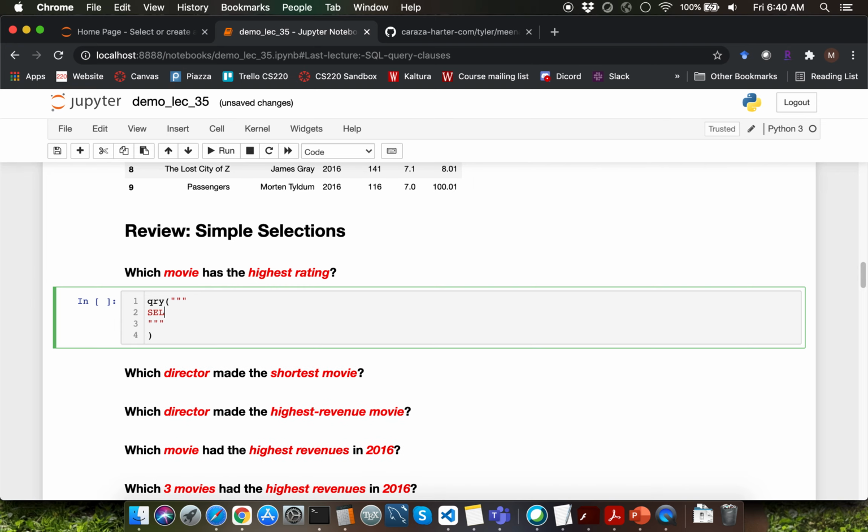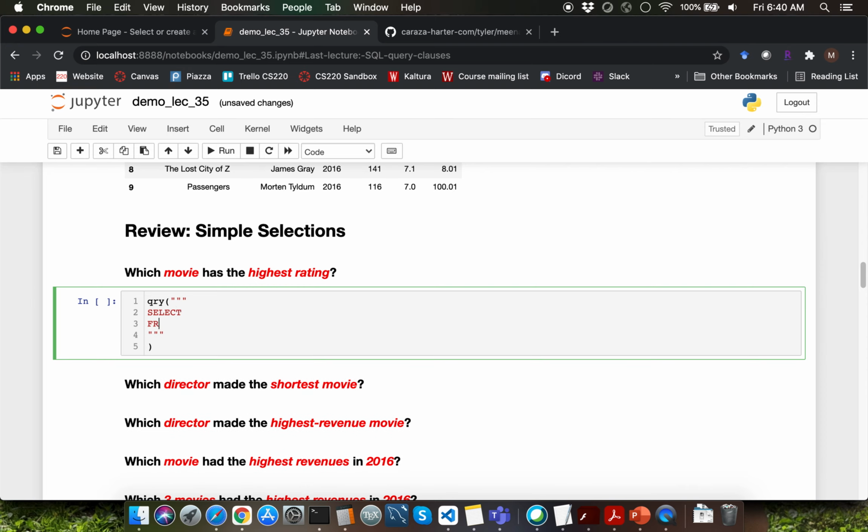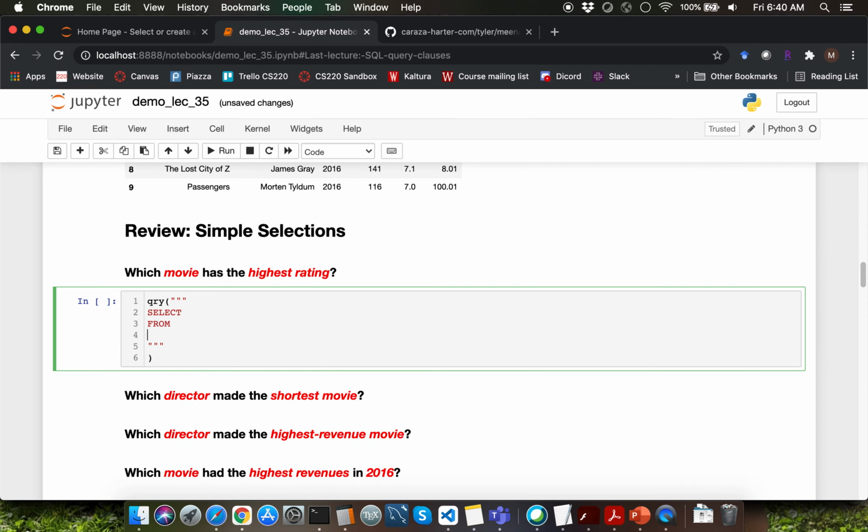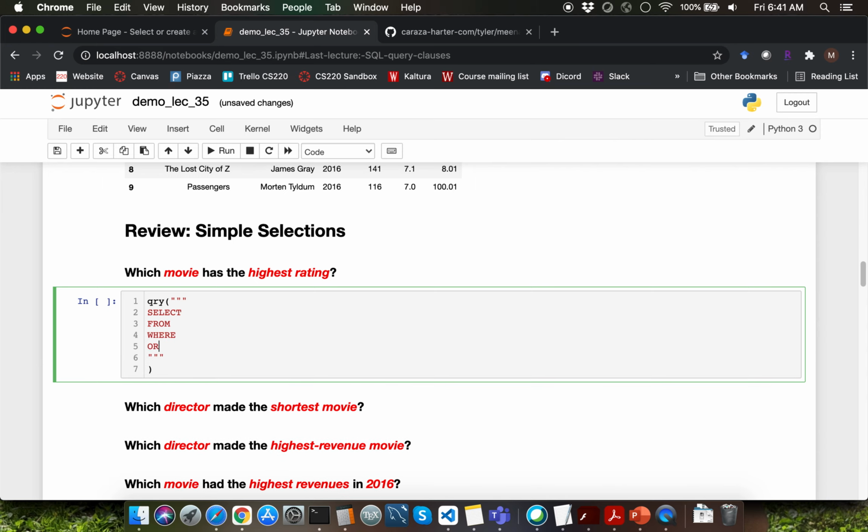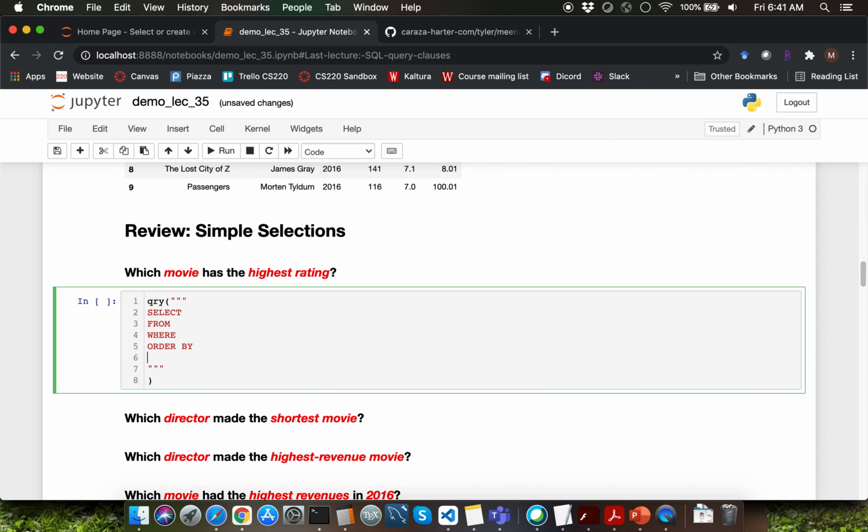I'm going to type my format as select something from something, and then I'm going to say where something, order by something, and then limit something. What do we want to narrow down with the from clause here? That's going to be the movies table. So I'm going to go ahead and copy this shell.